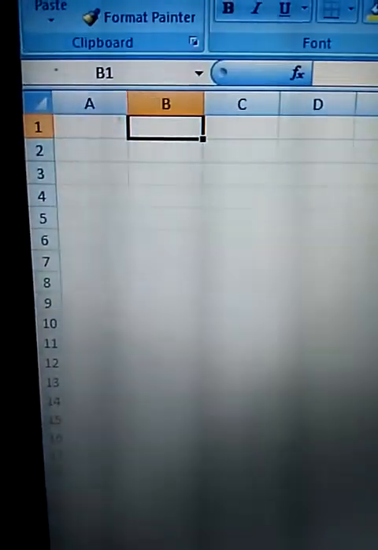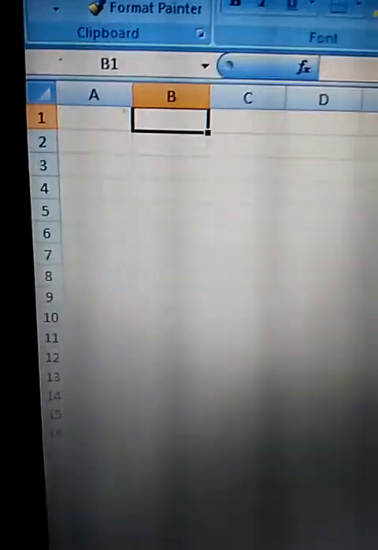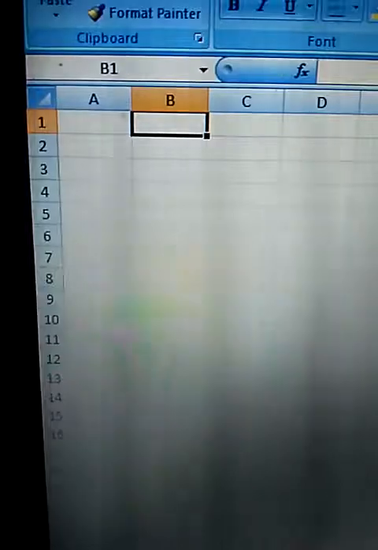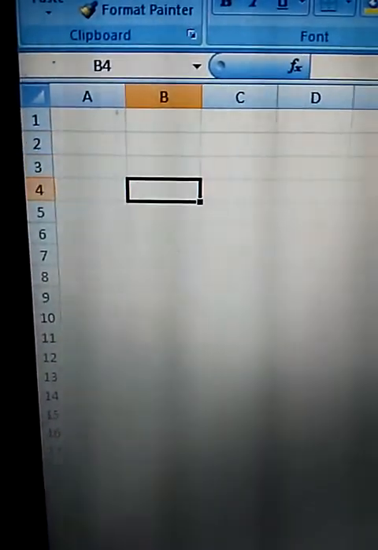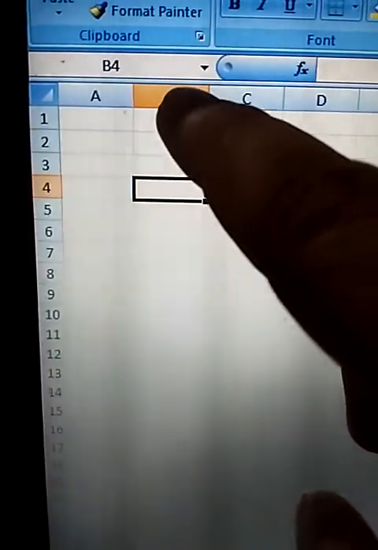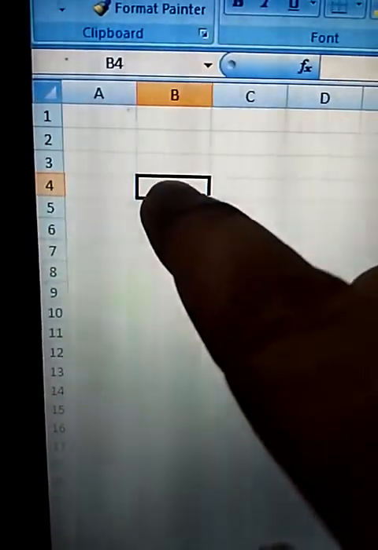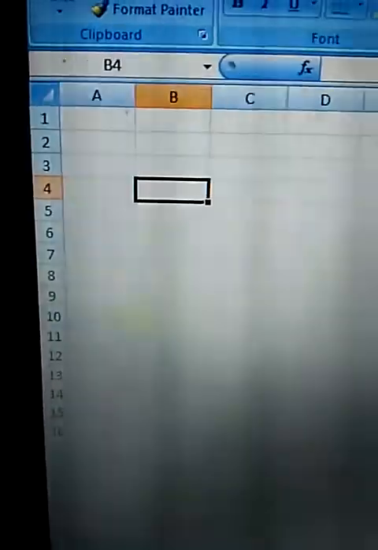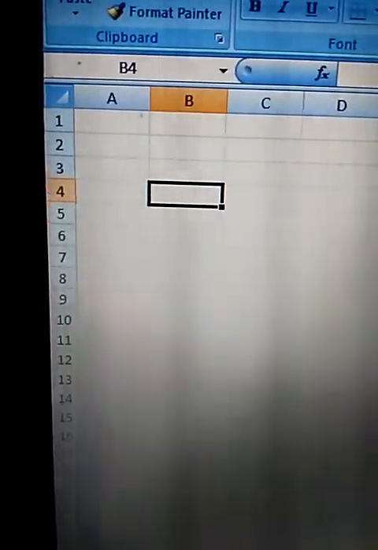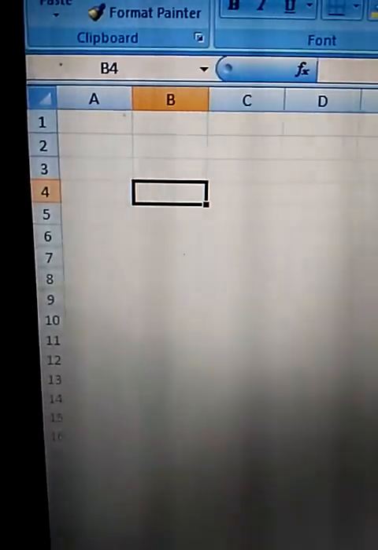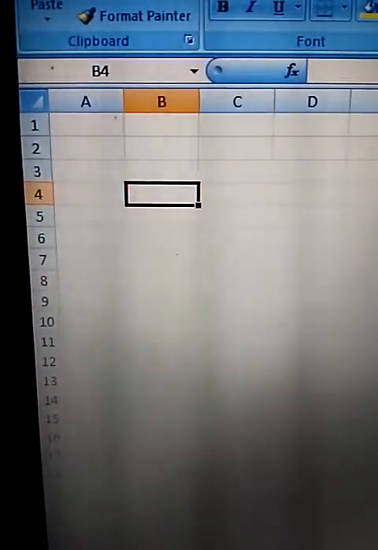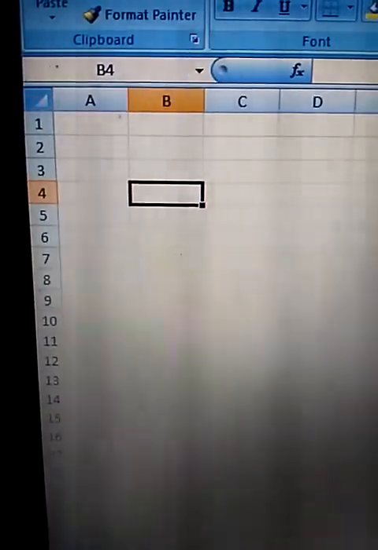Now if we change it with the right arrow key, we will see that this is B1, because it is column B and the first row is 1. In this way we can see the address change in the address bar. Now it is B and from here it is 4, so its address is B4. Every cell on the Excel sheet has a different address. Later we will tell you how you can work with cell addresses.